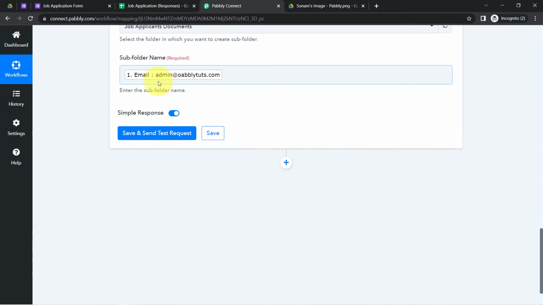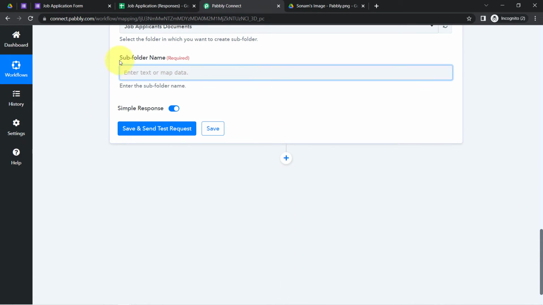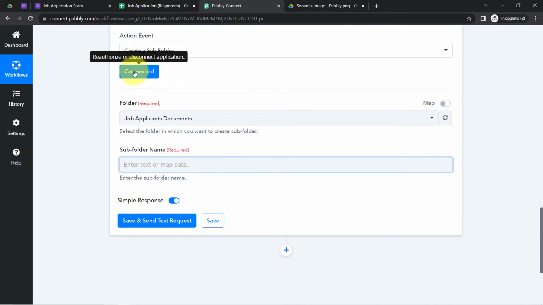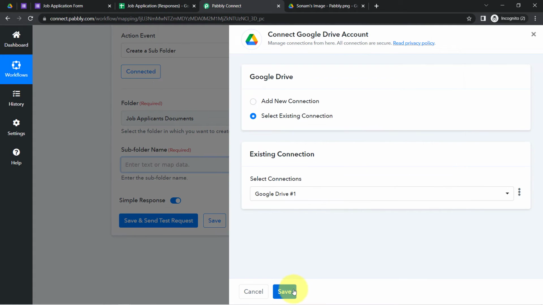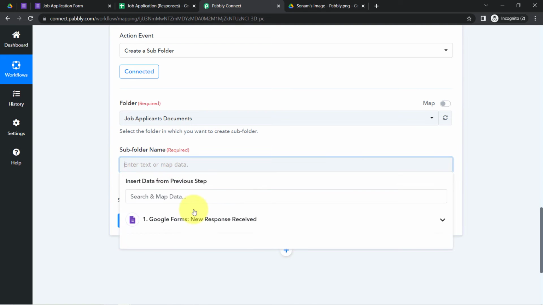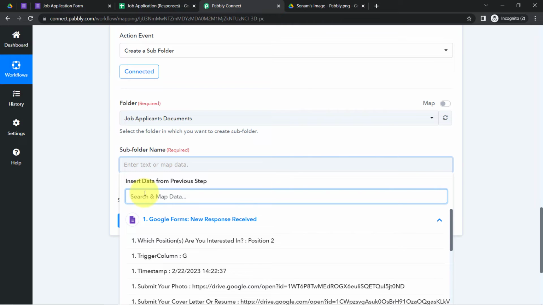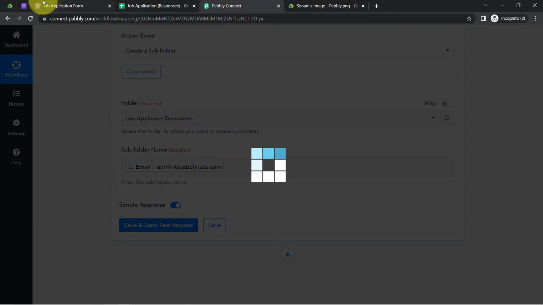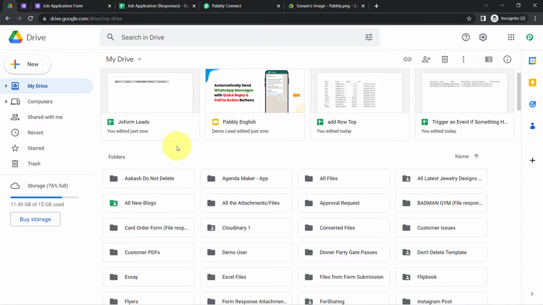Now I'm going to map the correct information here. Okay, I'll have to refresh this automation so that I can access the new data. Okay, so I'm going to remake this connection, and this is how the automation will be saved, and this is how I will be able to access the new data. Here you can see the email address. All right, clicking on this button save and send test request, and you will see how a blank folder will